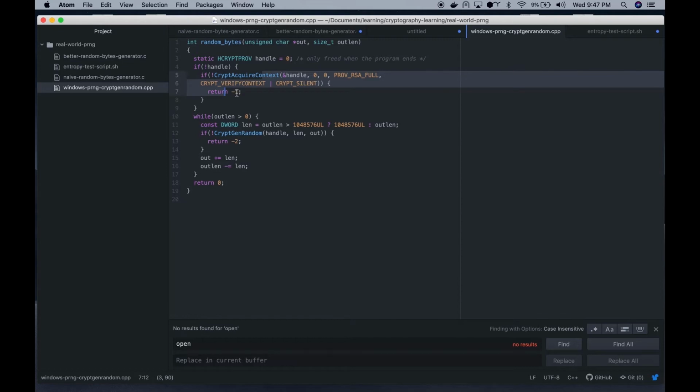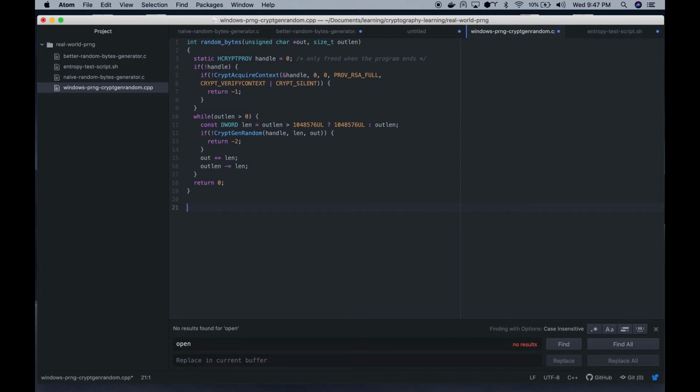Then you're going to have suboptimal randomness, less randomness, and the user won't even know. So that's the problem that the author mentions with CryptGenRandom, and that's why in the new version,